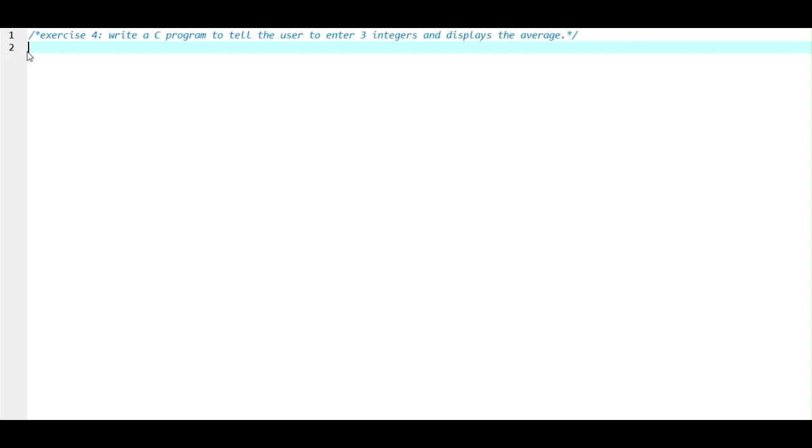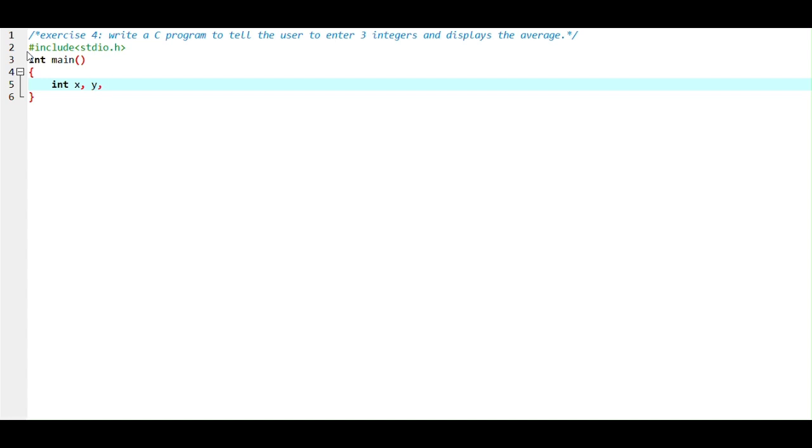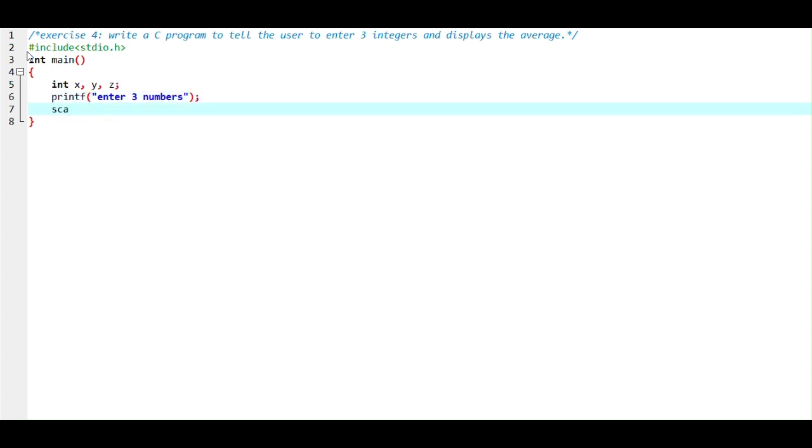Let's start our code. First, include stdio.h, integer main, integer x, y, z, and printf enter 3 numbers. Scanf